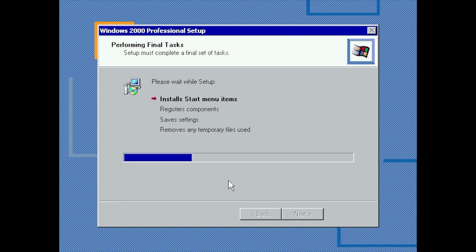Now, the last part of setup is what will take the longest. Here it's installing start menu items. I actually prefer the Windows 2000 setup here with its larger, more informative progress bars. XP has such tiny progress bars on its setup. Registering components. This one